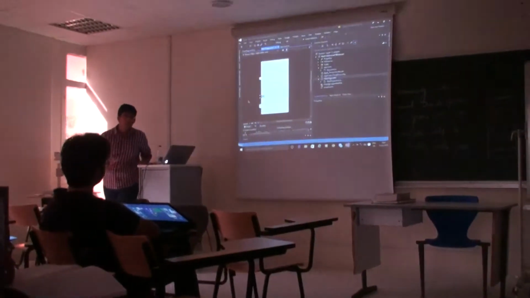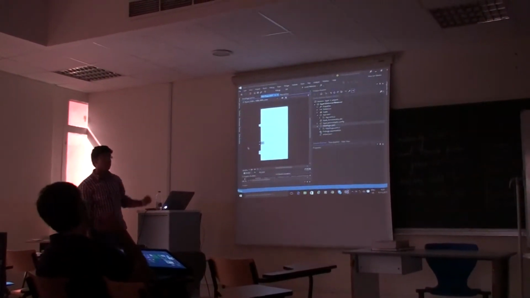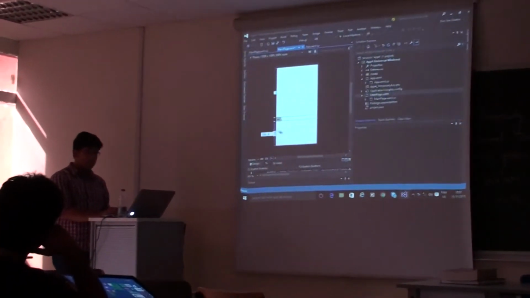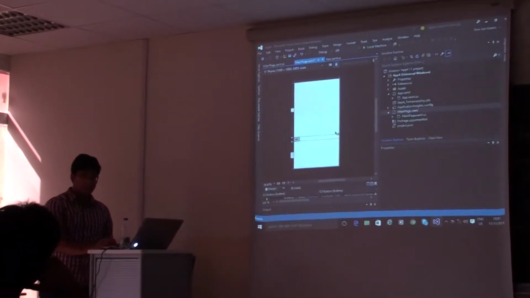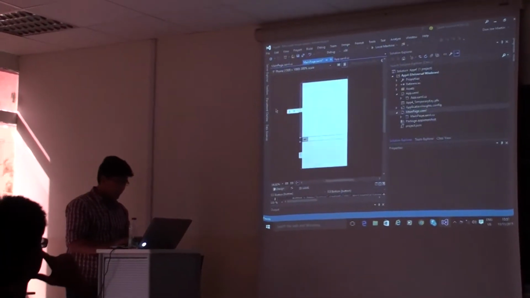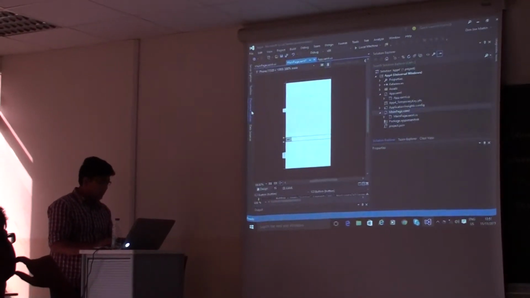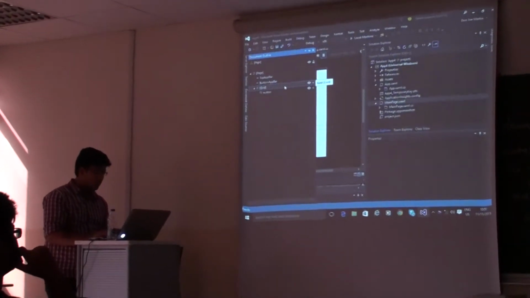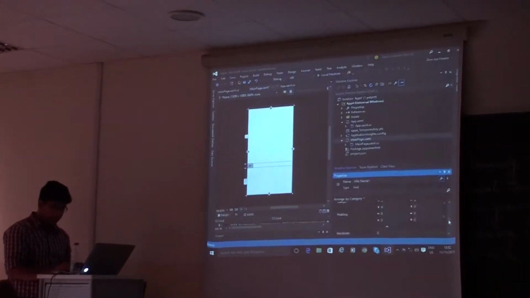What if both of them were auto? Both would be collapsed, and you can only see the second row with the button and the line on top. And if both were star, the first and the bottom one? I'll show you exactly. The entire thing is going to be divided into 3 sections, but the second one is going to have only the height of the button. Whatever space is left in the top and bottom is going to be automatically filled up by the other 2 rows.